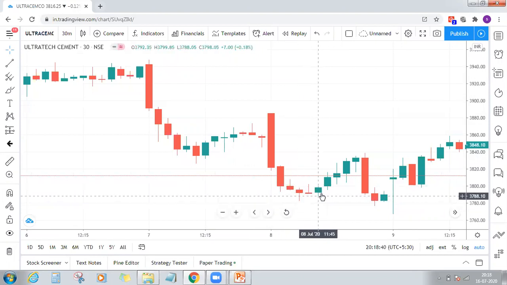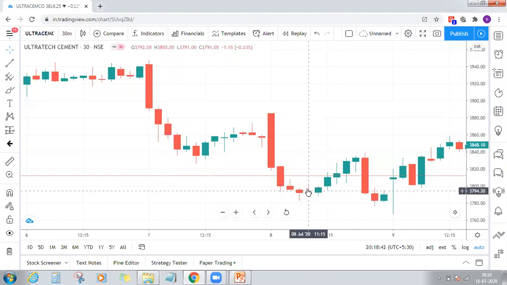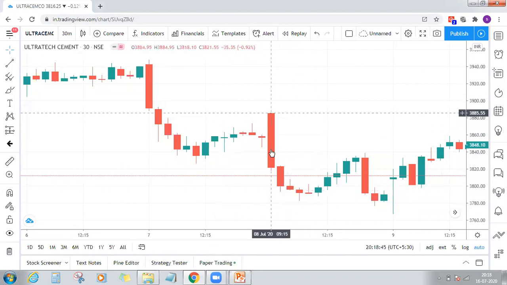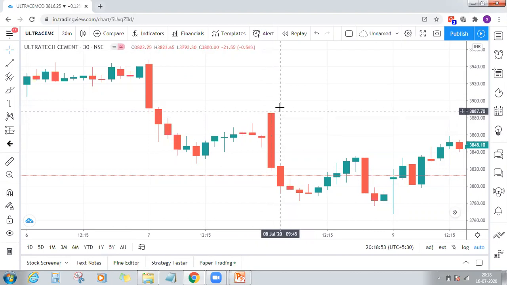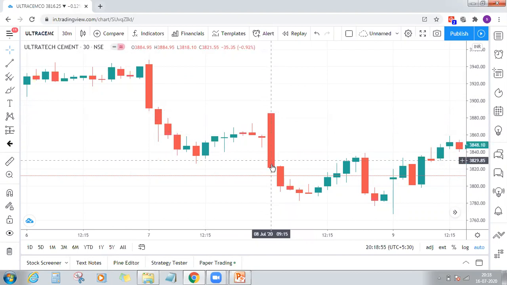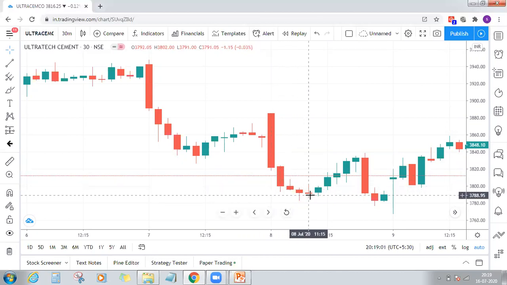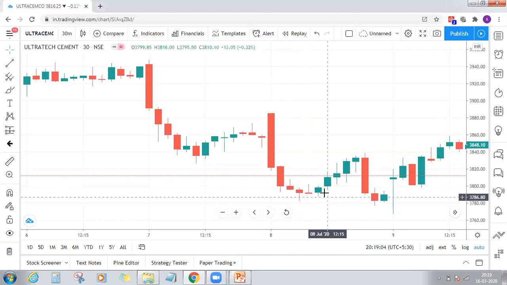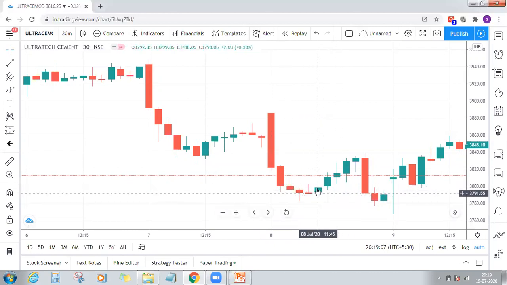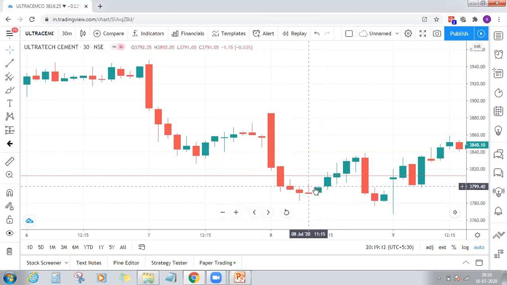Only then can we say the buyers who are now trying to fight are strong enough to defeat all these bears. See the length of this candle. Open is equal to high and close is equal to low. So the sellers were strong from the opening of the session, and they were stronger even at the end. That is the reason the bearishness continued to prevail in the market. But here, the bulls who are trying to fight are not strong enough. By just looking at the next candle, I can clearly say. So although price rose, it was not a good one. Just 20 to 30 rupees, it rose.